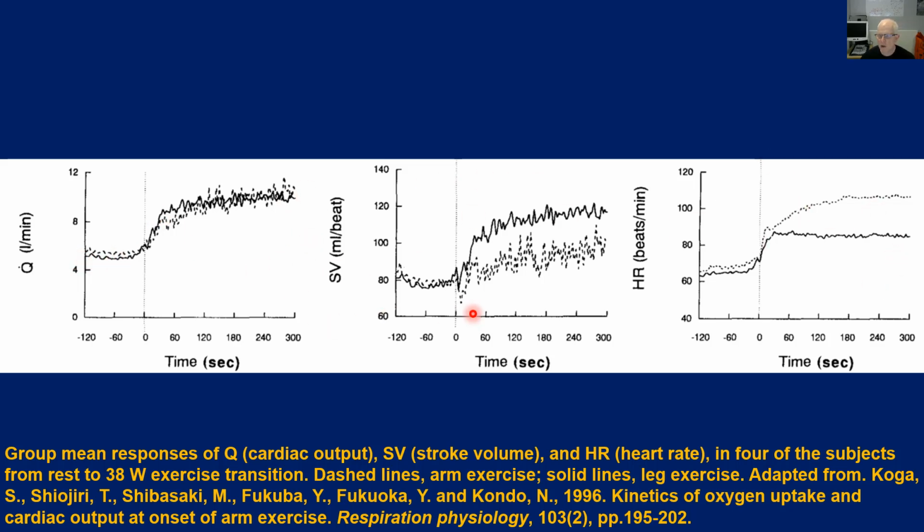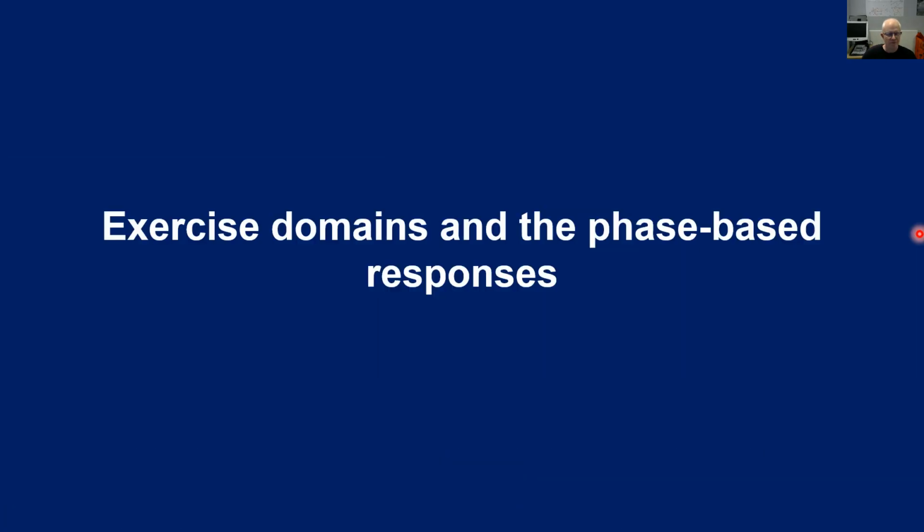And it was just worth showing this because you can see that even if we're doing arm and leg exercise, the cardiac output is fairly similar between the two, but the stroke volume is not. Okay, now that's quite important. So the stroke volume, the dashed lines, this is for arm exercise. The stroke volume is much higher for the leg exercise. Why? Well, there's a greater muscle mass. But the way that we compensate for that in the arm exercise is there is a greater heart rate response for the arm exercise than there is for the leg exercise, but still following the same VO2 based response. So one of the things we